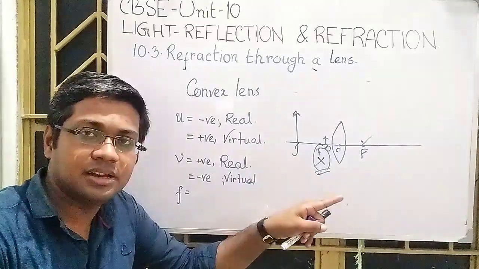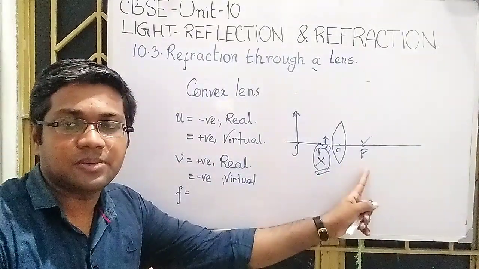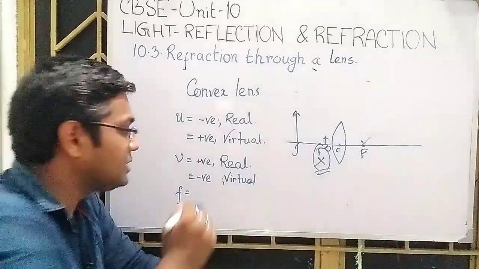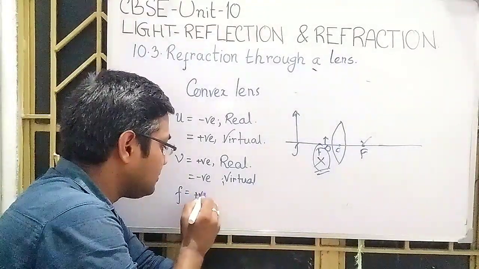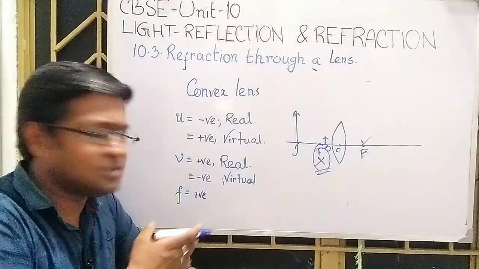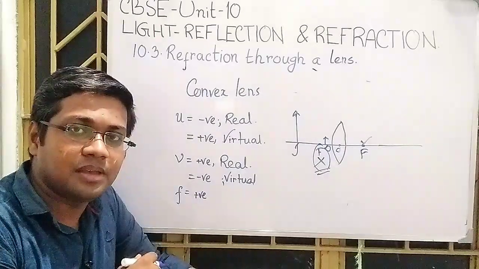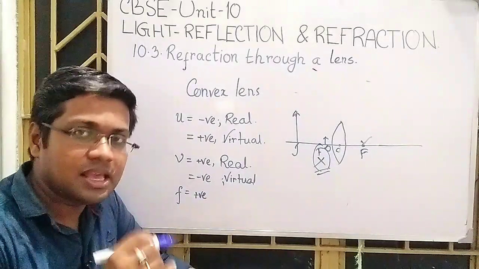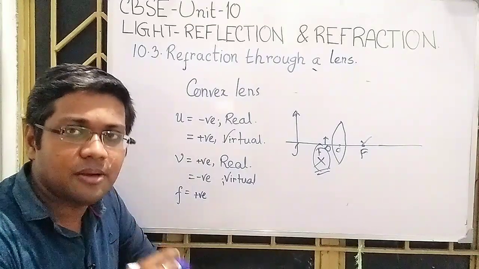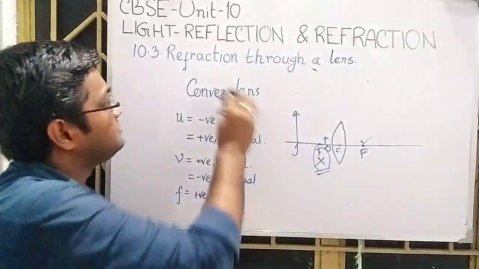After refraction, the rays will meet at the focus, and that is the focal length. So the focal length in case of a convex lens is always positive. It is not real or virtual. There is no such kind of classification in case of focal length. If it is a convex lens, according to sign convention, the focal length is always positive. Now if I go for the concave one,